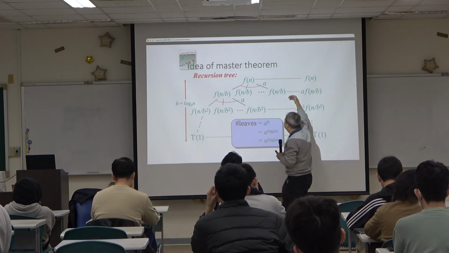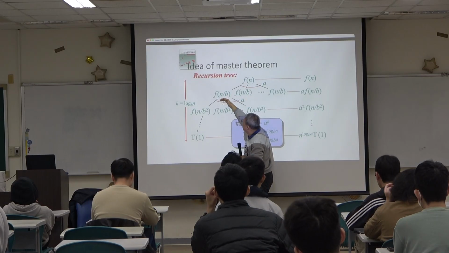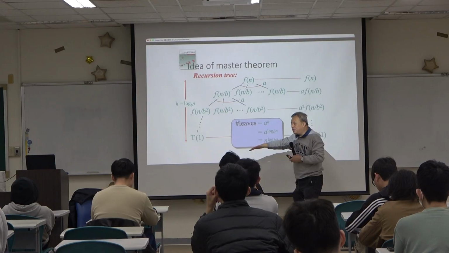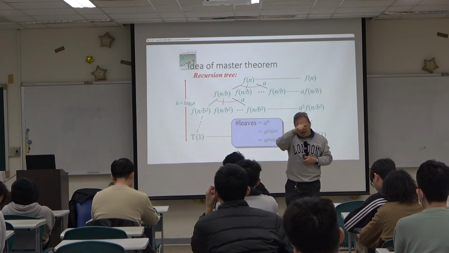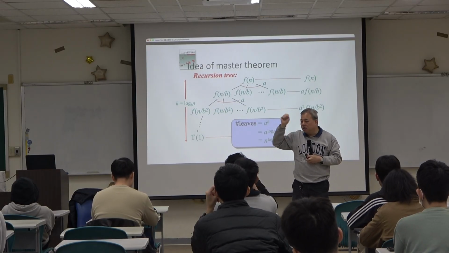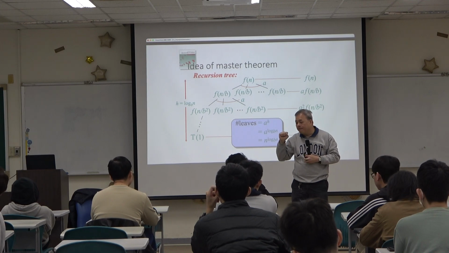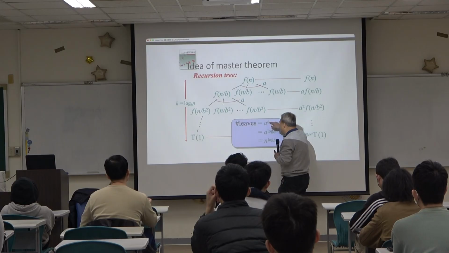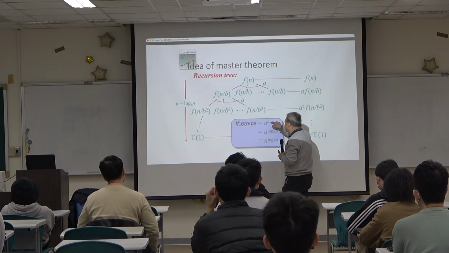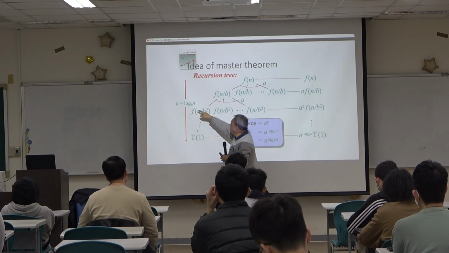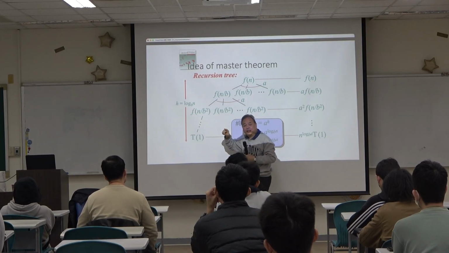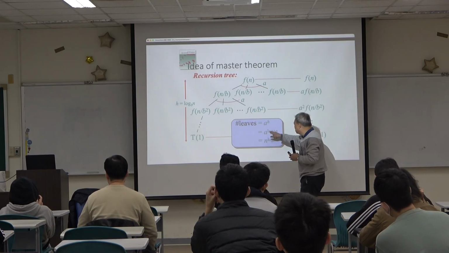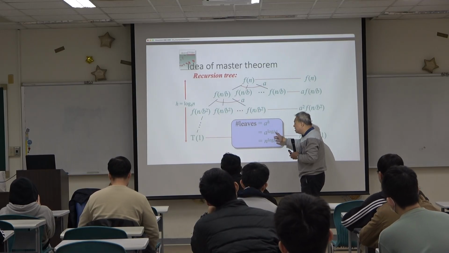For example, this level we have a terms. The next level we have a squared terms. And so on, until at the leaf nodes we have a to the power of h terms, right? This h is log base b of n. So you put a to the power of log base b of n, and then